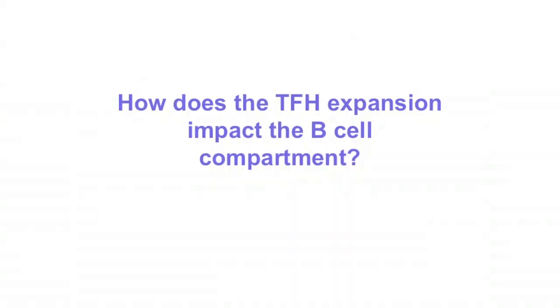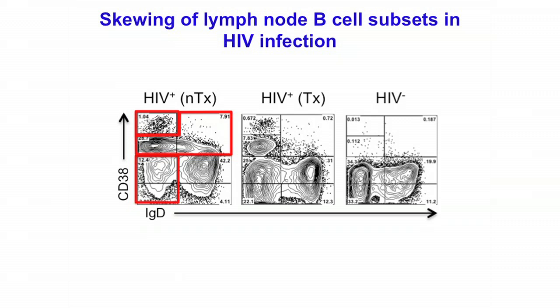Now, why don't we develop more broadly neutralizing antibodies? That might go back to the role of T follicular helper cells. So our question was, how does this expansion of T follicular helper cells impact the B cell compartment? These are B cells within the lymph node. It looks a little bit different in the periphery, but what you can see, we use the BM1 to BM7